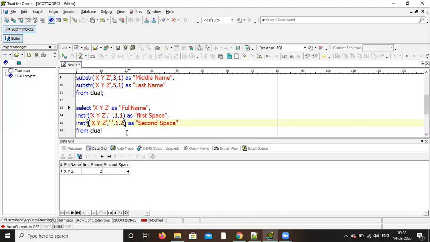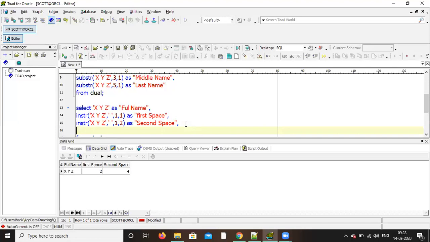Now how to find the length of the string? Total length. Comma, enter. How to find length? Length is a built-in function.